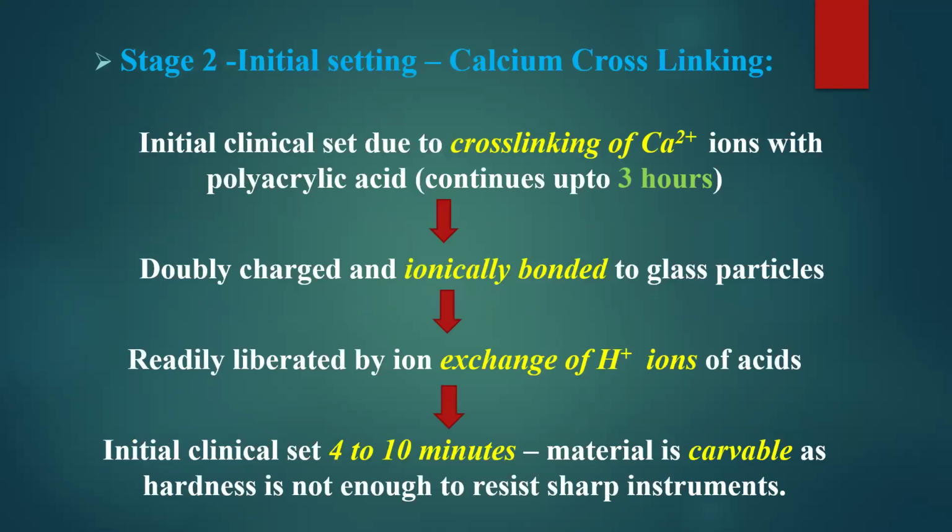Next, we have stage 2, which is the initial setting. The initial setting of GIC takes place through calcium cross-linking. The initial clinical set is due to the cross-linking of calcium ions with the polyacrylic acid. The calcium ions are released from the powder particle. They will interact with the polyacrylic acid liquid, displace the H plus ions from the acid, and form a bond. The calcium ions will form a bond with the polyacrylic acid, and this process will continue up to